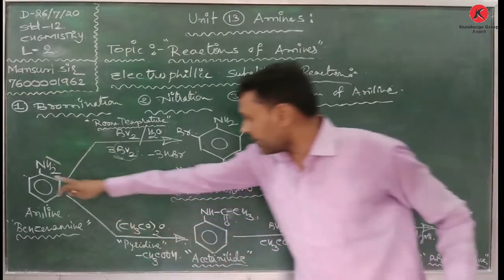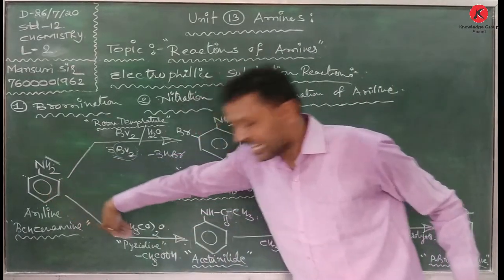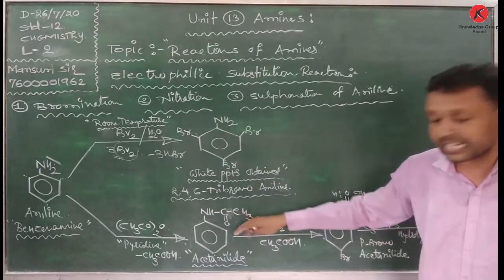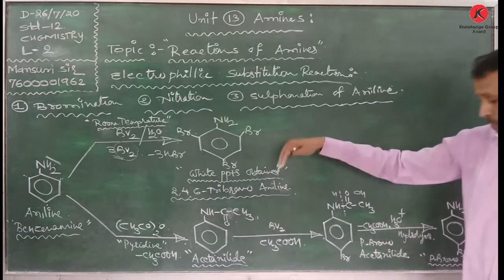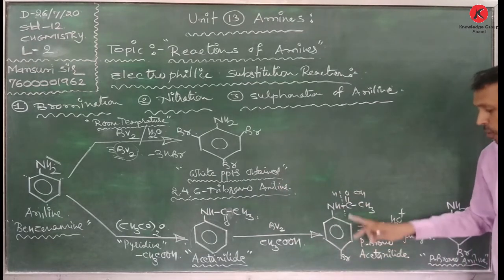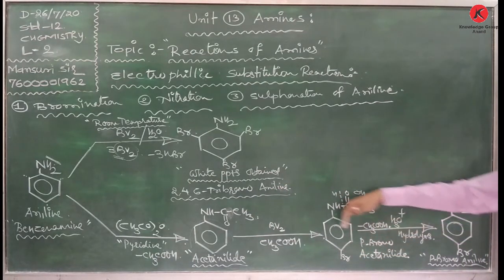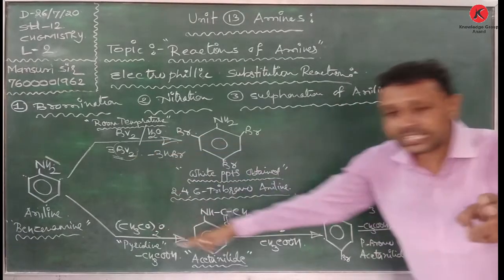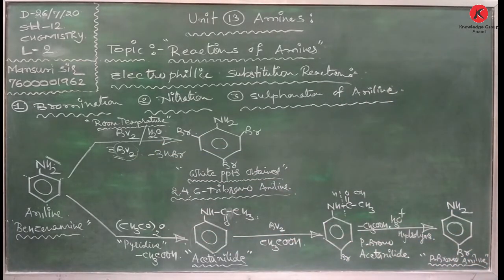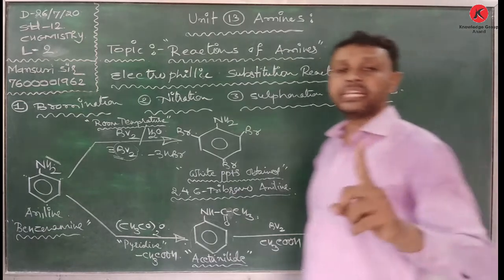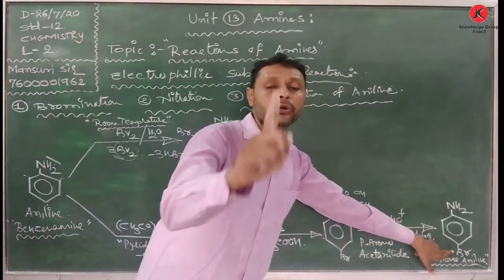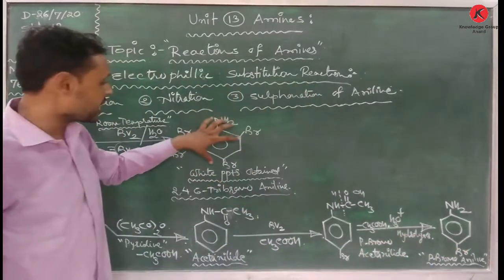But when aniline first gets acetylation, thereafter acetanilide is obtained. After bromination, para-bromoacetanilide is obtained, and after hydrolysis, para-bromoaniline is obtained. So we can say that the second reaction is for making mono derivatives of aniline. The second reaction is for mono derivatives, and the first reaction is having